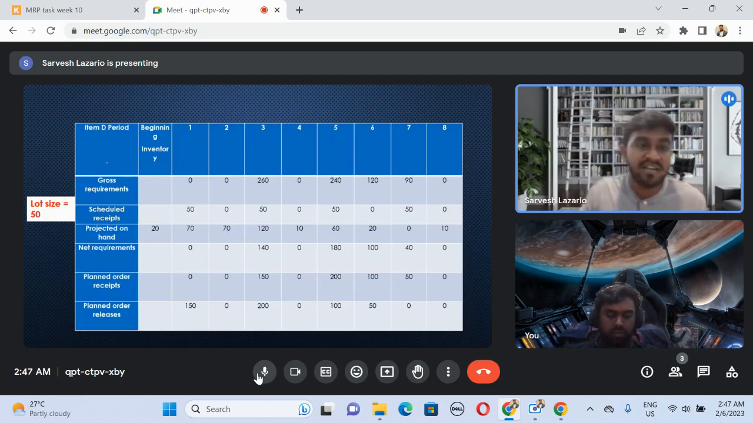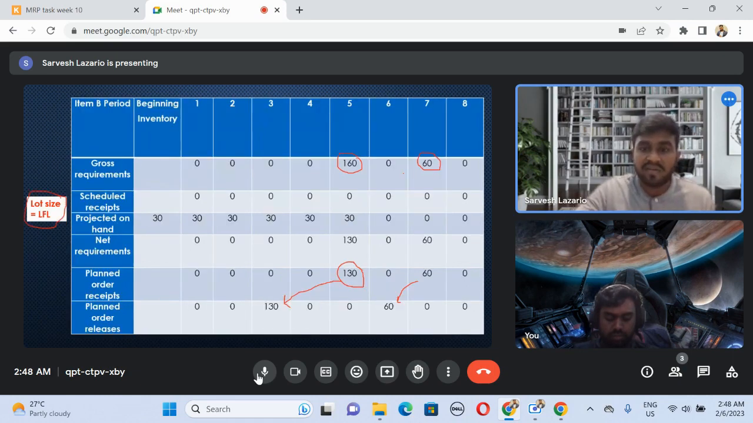As they mentioned earlier, for item D, they have a specific requirement. So the beginning inventory, we have 20. On week 3, we need 260. And week 5, 240. Week 6, 120. Week 7, 90. So week 3 and 5, we get from